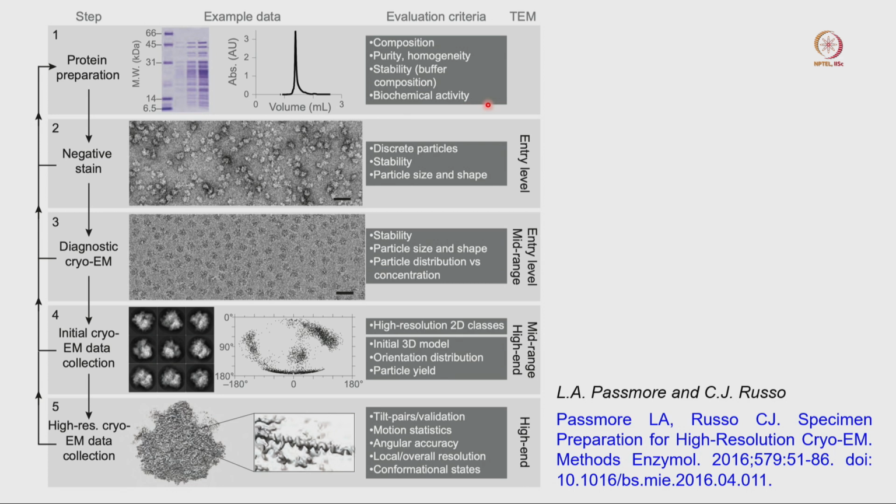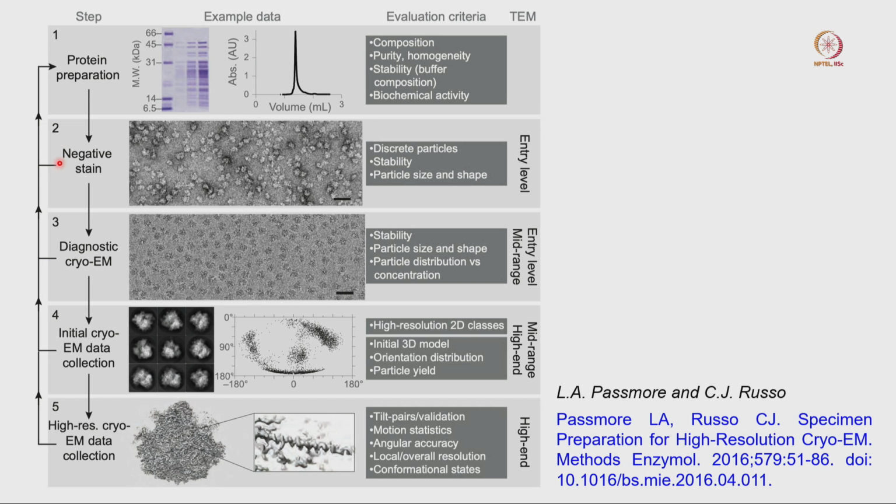And then biochemical activity, this is very important. If your protein has an affinity to DNA or RNA, or it has affinity to some kind of ligand like ATP, it will be better to do the activity test, because when you have a recombinant protein and if your protein is not active, even if you go through this entire process and determine the structure, that will be completely useless. So, that is the reason it will be better to confirm that your purified protein is enzymatically active and then go for the next step.